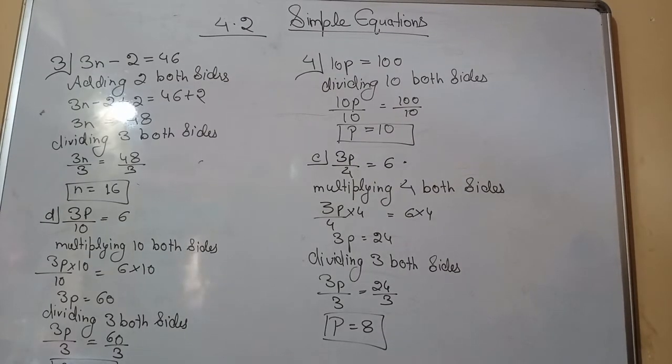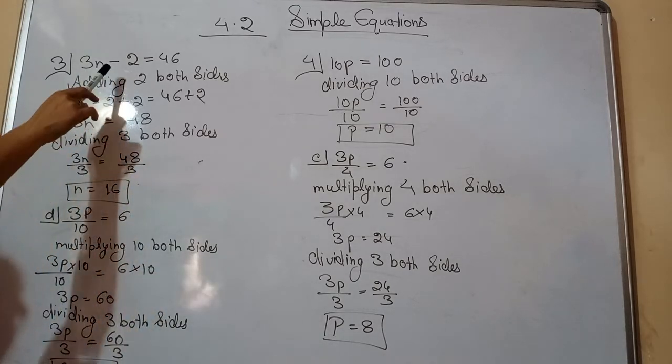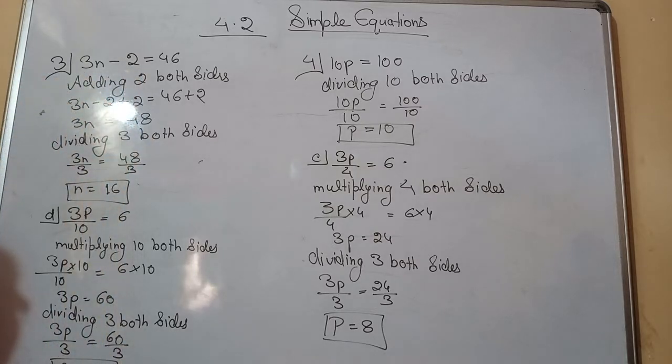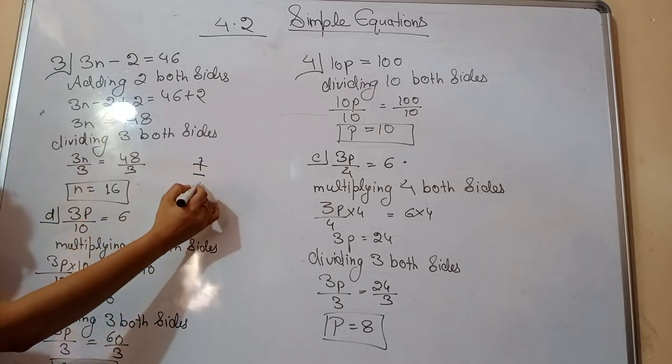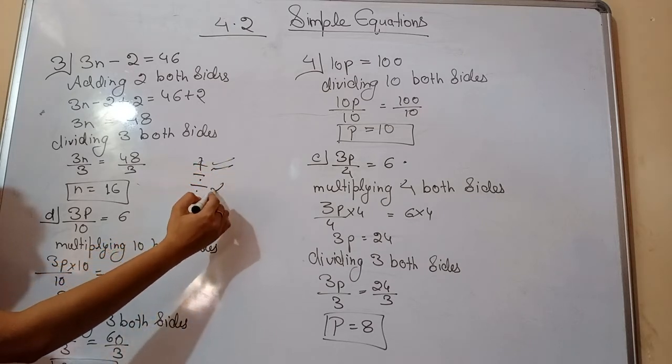Now let us move towards question number 3. Again we have to write steps of separation, then we have to solve the given equation. Here you can see on the variable side there are two constants. One is in subtraction, another is in multiplication. So if this type of case arises, like plus, minus, divide and multiply, first you will solve these two, then you will solve these two.